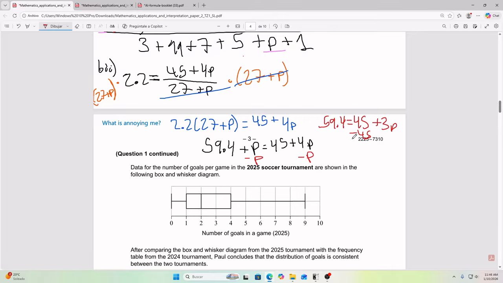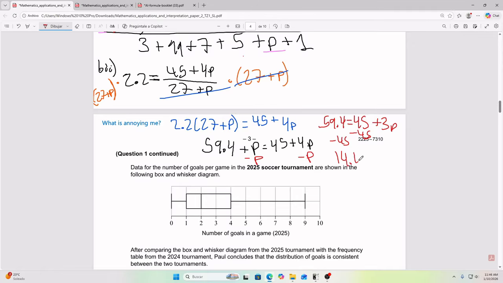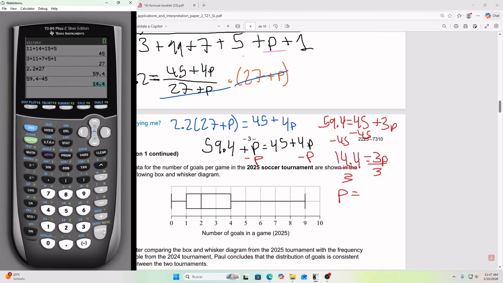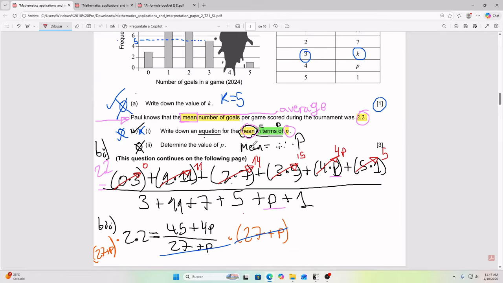So then you do minus 45 to both sides. You end up with 14.4 equals 3p. Then you can divide by 3 on both sides, p equals something. And that something is going to be our good old friend, 4.8. Nice and exciting. P equals,